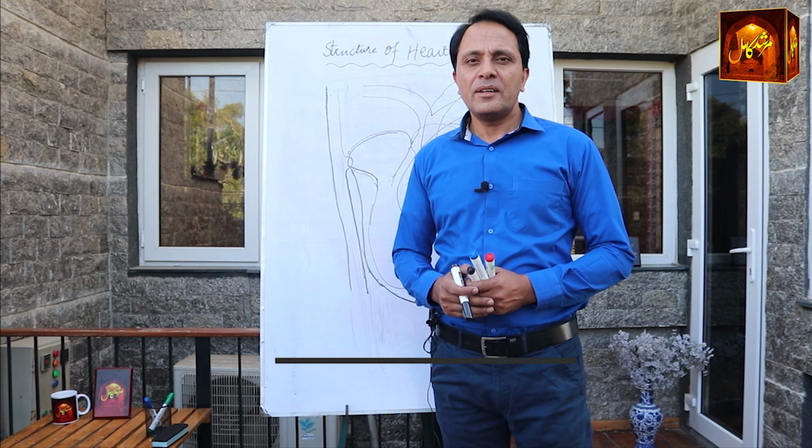This large vein is further divided into 2 parts. One is the anterior vena cava, and the lower one is the posterior vena cava. The posterior vena cava receives blood from the lower limbs, the lower parts of the body, and the anterior vena cava receives blood from the upper parts, like the face, eyes, head, and brain. From the anterior vena cava and posterior vena cava, blood will be poured into your right atrium through a single opening. So blood will enter into the